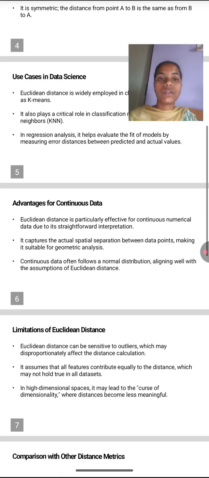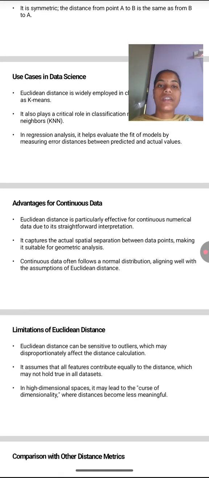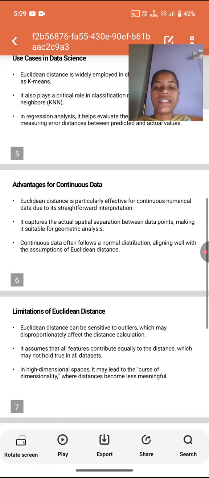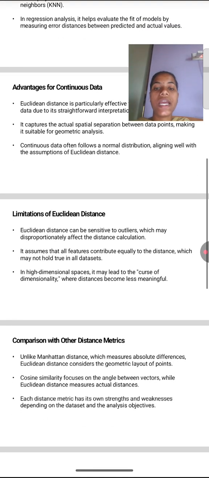So, when it comes to another slide, limitations of Euclidean distance. Euclidean distance can be sensitive to outliers. Outliers are points which are not relevant to our data, and they may disproportionately affect the distance calculation. It also assumes that all features contribute equally to the distance, which may not hold true in all data sets. The third one is that in high dimensional space, it may lead to the curse of dimensionality, where distances